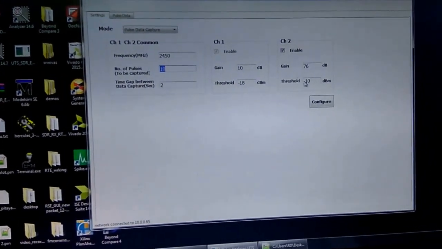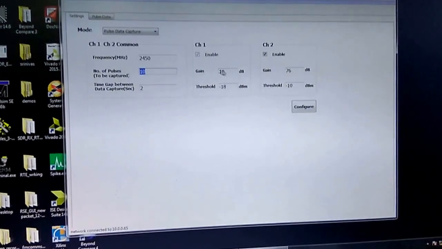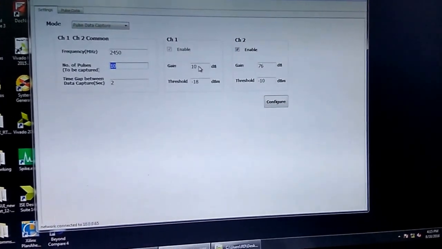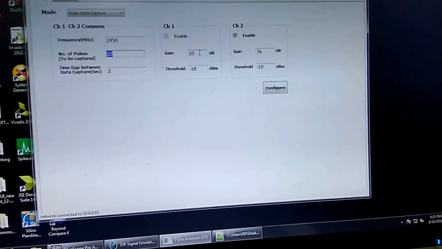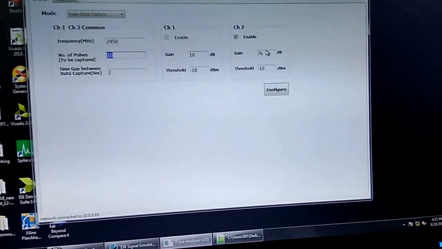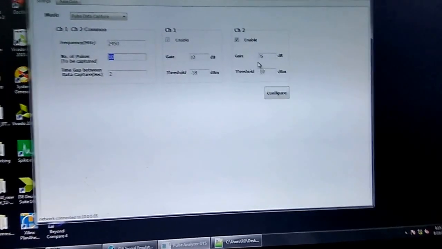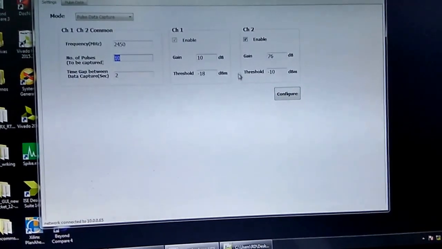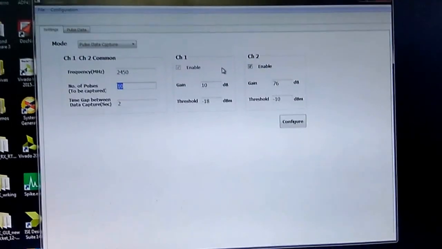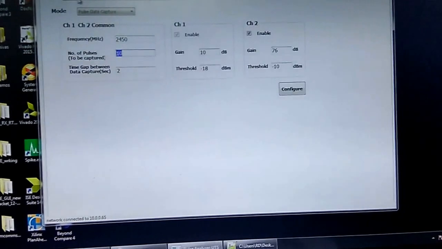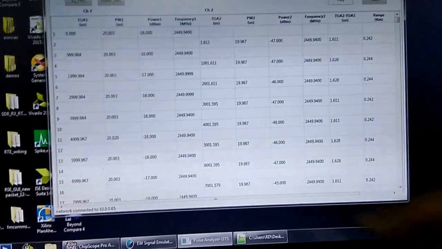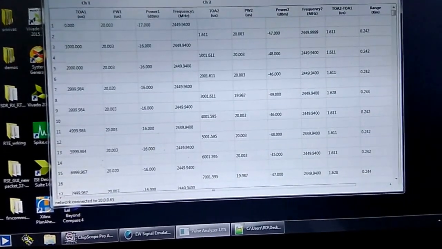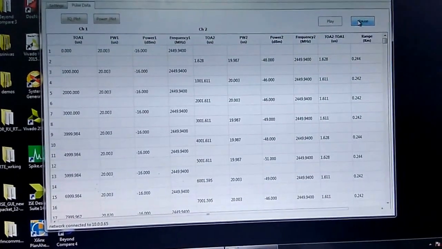These are the channel 1 and channel 2 capture settings, related to the power levels. You can notice that channel 1 we are getting through the direct cable, so we apply less gain. Channel 2 we are getting through the antenna, so we apply more gain. After gain, on whatever signal is coming, we apply a threshold. Once the threshold is applied, you can see the received pulse data here. I will stop because it's continuously refreshing, and explain.